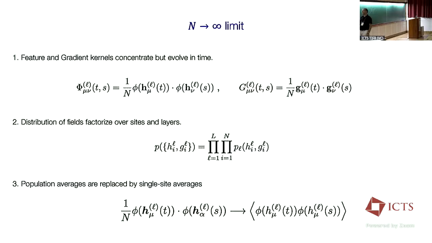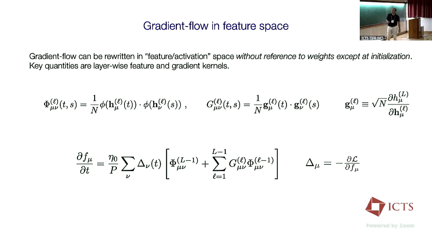So the third idea is basically population averages. Averages over a collection of variables in the same layer, for example, will be replaced by averages over these kinds of distributions. So we're going to treat as a random variable that describes the distribution over the whole of this. Long story short, I'll come back to the exact equations in a second. But I just want to point to another thing. The fact that these variables concentrate means that actually the network's predictor also concentrates.